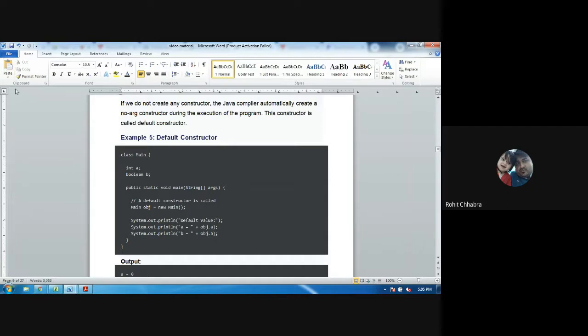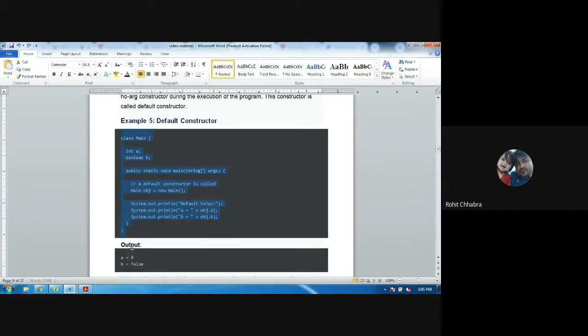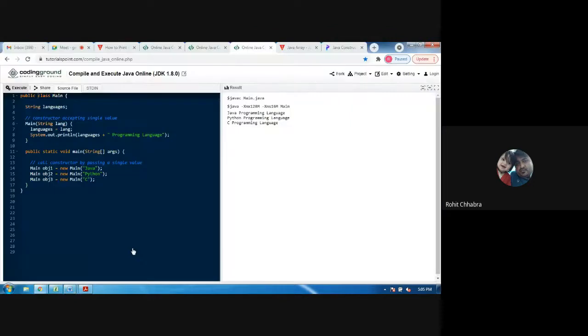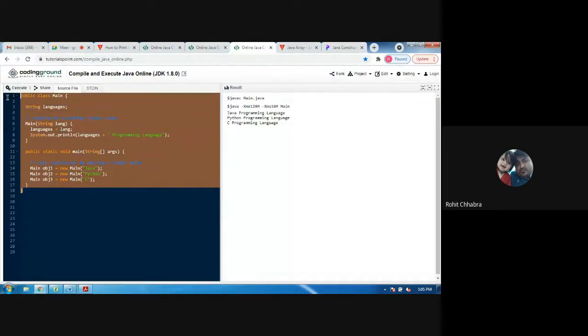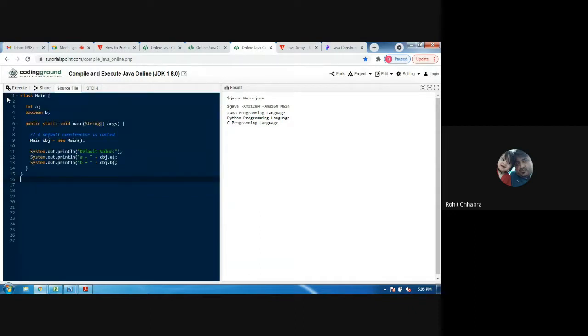Whenever an object is created, if we have defined any constructor, then that constructor is called. If no constructor is created, then the default constructor is called.